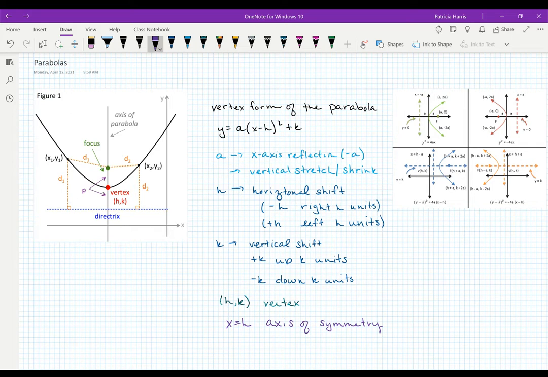Now what we're going to do is talk about parabolas in a geometric sense. You're very used to talking about them in the algebraic sense. This vertex form of the parabola doesn't change very much. The biggest thing that's going to change is this a, and we're going to move things around just to be kind of annoying. Now we're going to look at figure 1, that if I select points on a parabola,